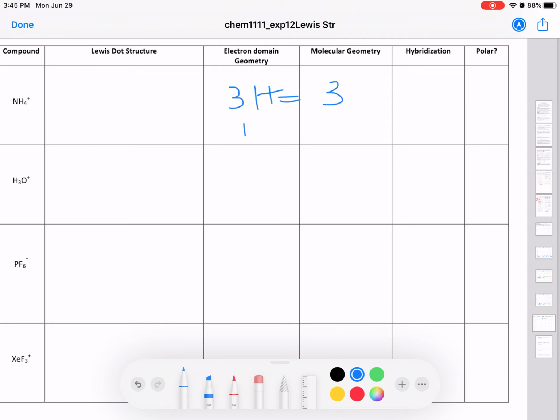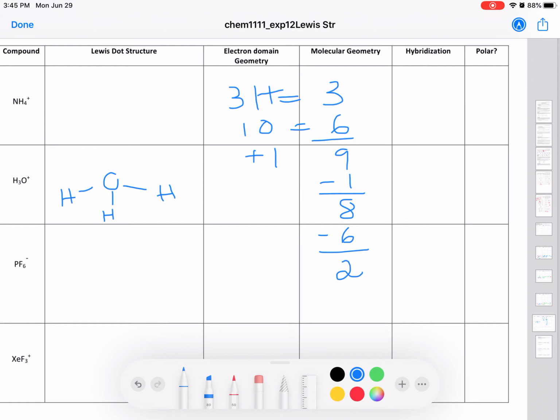3 electrons, 1 oxygen, 6, so this one is 6 plus 3, 9, and for the +1, meaning you are making a cation by removing an electron, so you subtract 1. So the total number of valence electrons is 8. Oxygen is going to be in the center, and then you put 3 hydrogens on oxygen, and for that we put 6 electrons, each bond carrying 2, so you are left with 2 more electrons. You put them on oxygen, and then the plus charge is going to be on the oxygen,